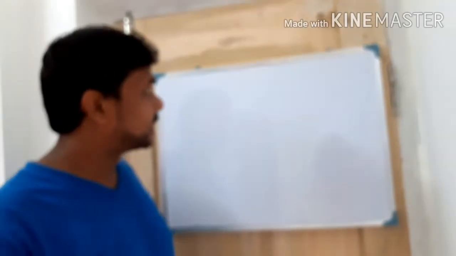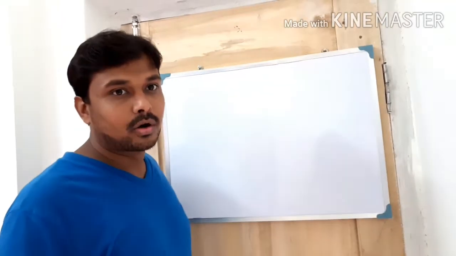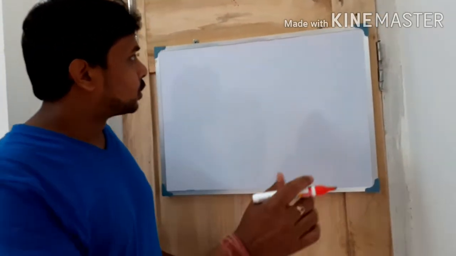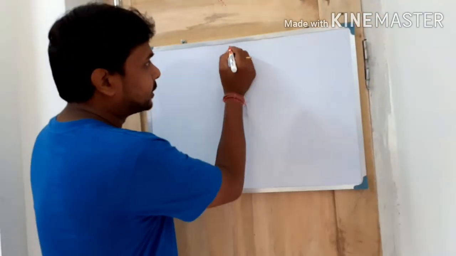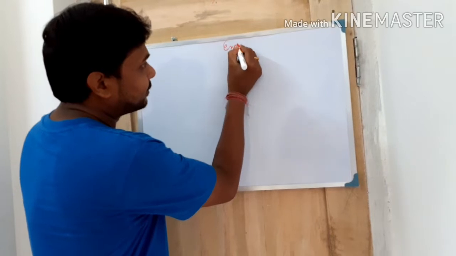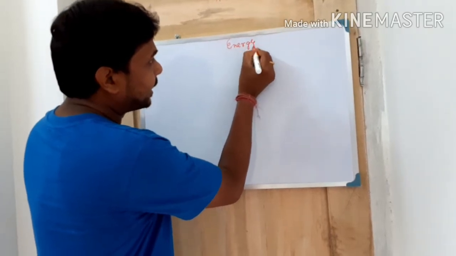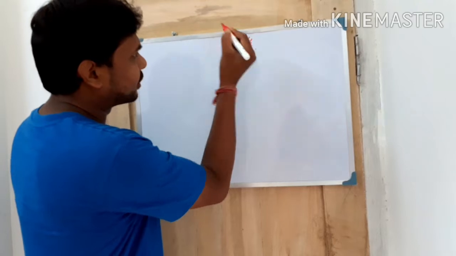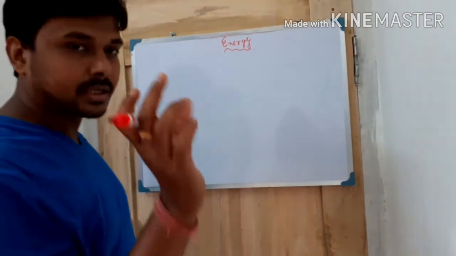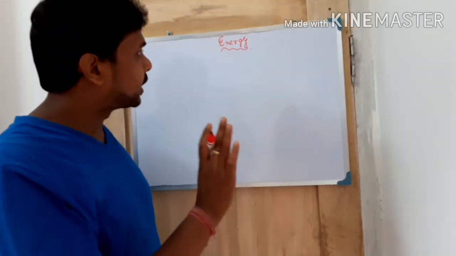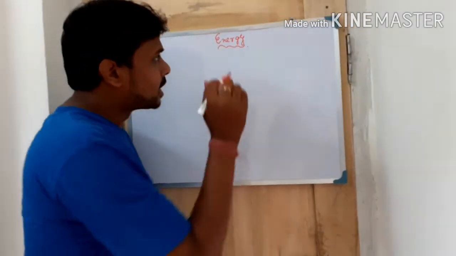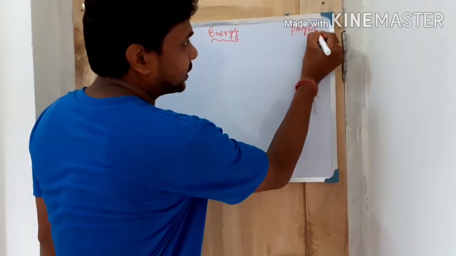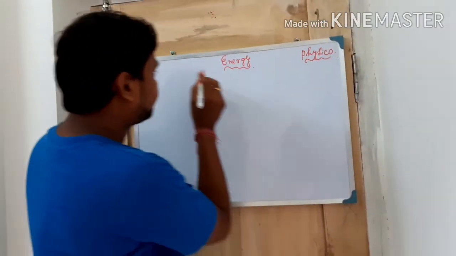Today we will discuss the third chapter of physics, energy. Welcome back, first of all, after the summer vacation. Just try to understand energy. This is a very important chapter, and you will get energy in each and every class. The basic things are present in your chapter, and that basic thing I will tell you today. This is the third chapter of physics, class 7 standard.